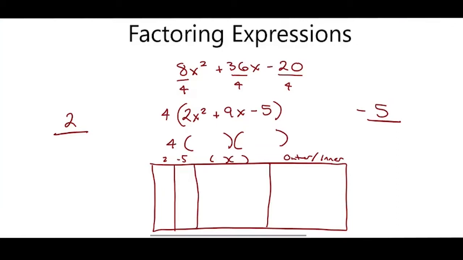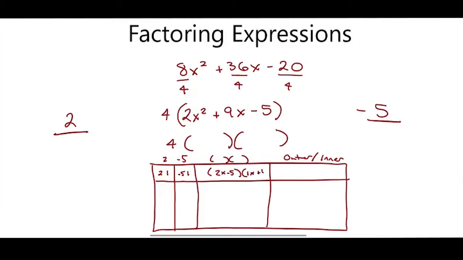So my factors of 2 will start off with 2 and 1. My factors of -5 are -5 and 1. So my parentheses will be 2x minus 5 times